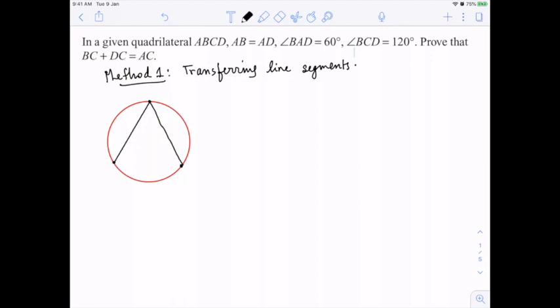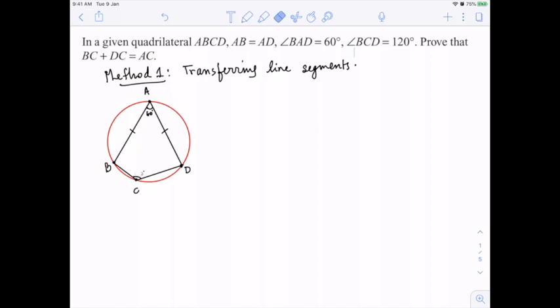Okay, so now this is A, this is B, and this is D. So this is 60, and this is supposed to be equal. Since equal chords are contained in equal arcs, so arc AB and arc AD are also actually equal. BCD is 120, so that's actually the opposite side of the cyclic quadrilateral. So C can be anywhere in the minor arc BD. So C can be anywhere, so let's mark C at some random point, and let's join. And this will always be anyway 120.